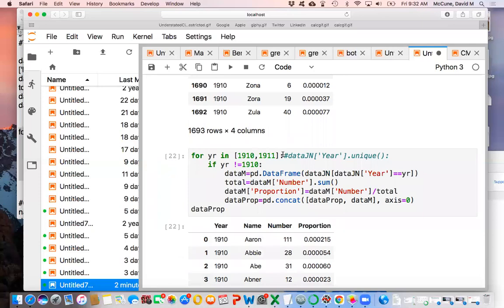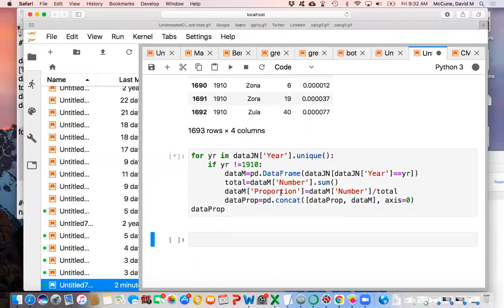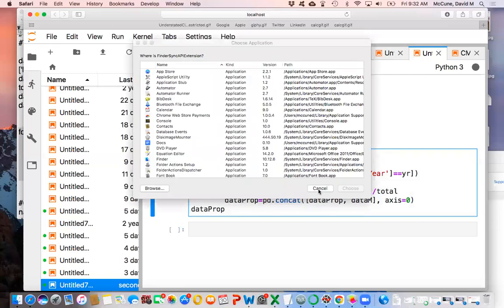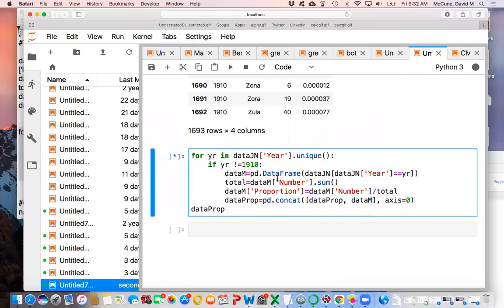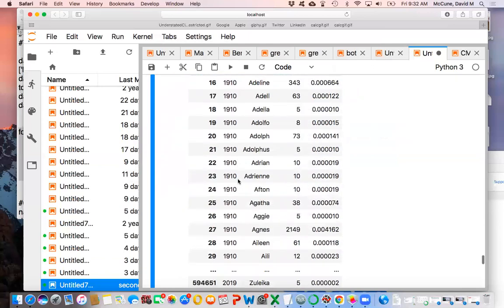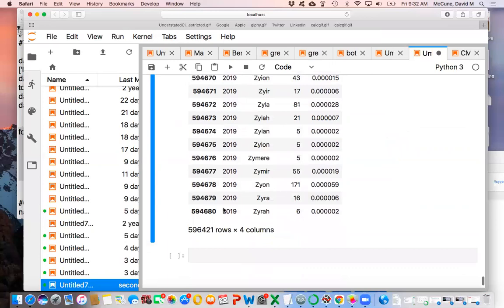But when I uncomment this, it's going through all the years. So if I run this and ask it to show me what it did, it's going to take a minute because there's a lot of data, but it's going to show me, whoa, I didn't think it would do that. Oh, okay, yeah. So here's 1910, and then if you scroll all the way down, see there's a bunch of lines. It went all the way through 2019 and tells me that in 2019, this 0.0002 thing, that's the proportion of Zyras with an H.